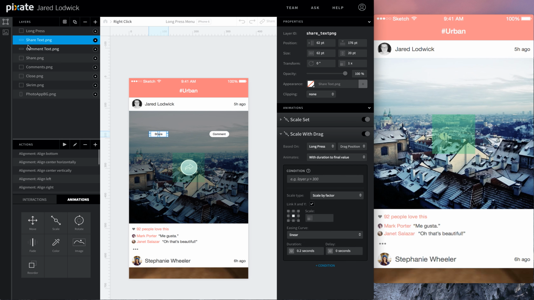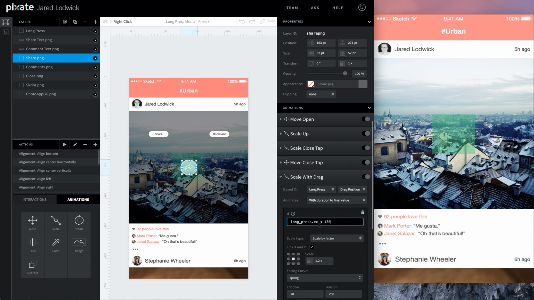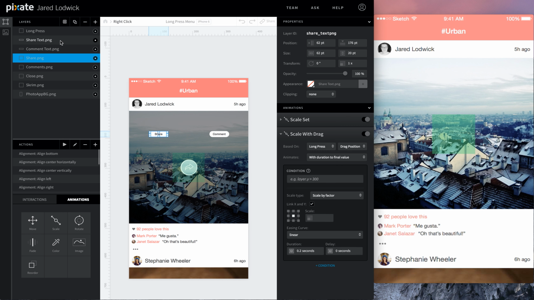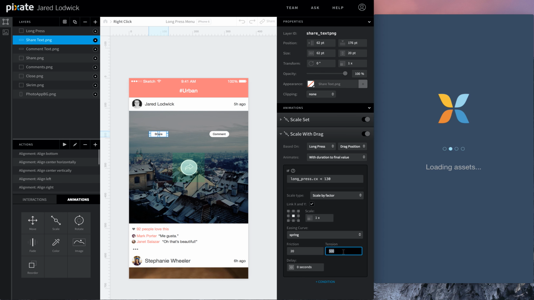Now this one is for share, so we'll come into this share button, get our scale with drag condition, select it, copy it, come back over here, and just place it right in here. We'll tell it we want to scale up with our easing curve.